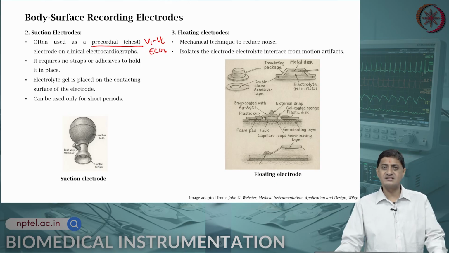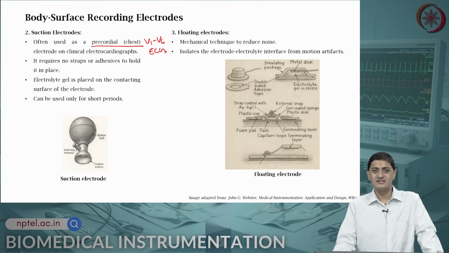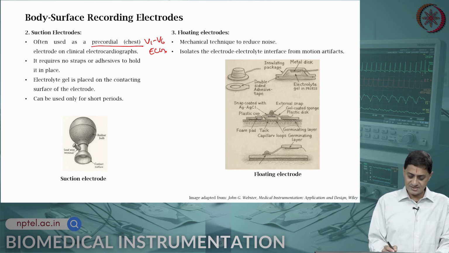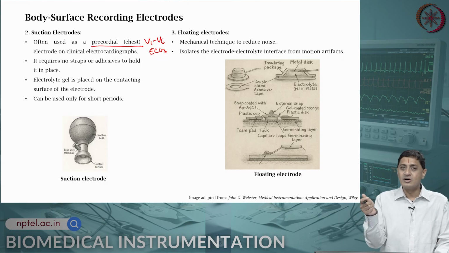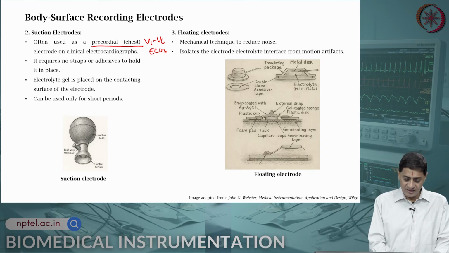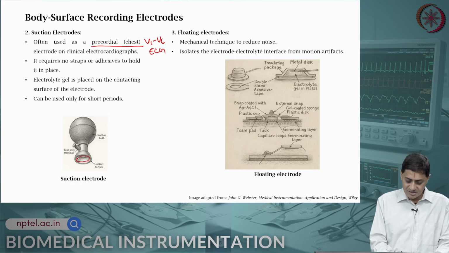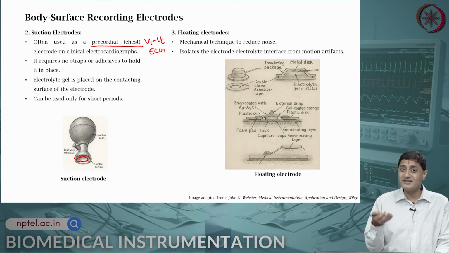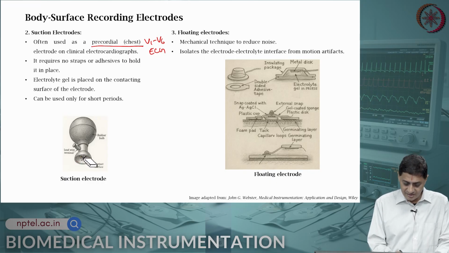These are the precordial leads, or the chest leads of an ECG. In this case, the advantage is that they are used as suction electrodes. We use suction electrodes for this purpose. So what we do is there is a rubber bulb that you squeeze to push air out, and then you fill this region of the electrode with gel, and it turns out that the rim of this electrode is